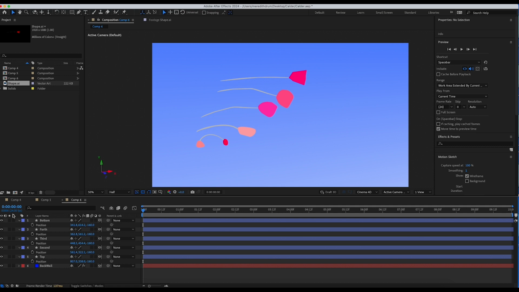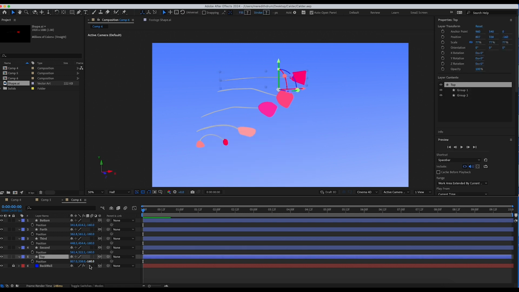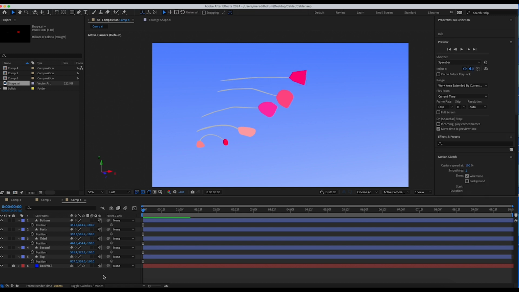All right, and let's lock the back wall so we don't accidentally move it. And the lock button is here. You can look here and underneath there's a little lock. Let's lock that. Okay, save your work. So now these are all the same distance from the wall, and they're all in 3D. We can't really tell yet, but I'll show you in a minute.